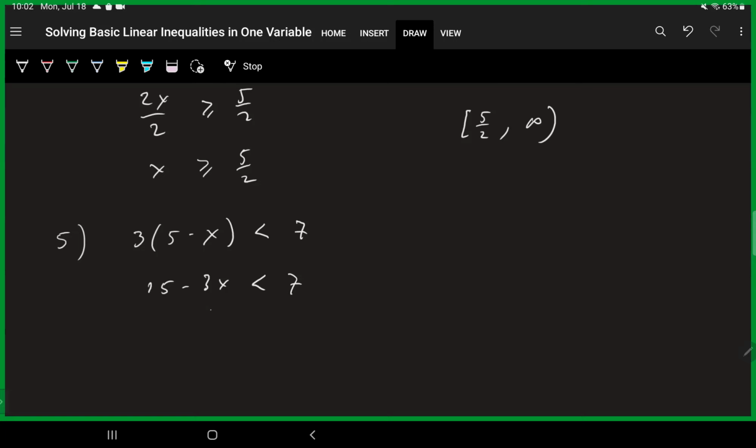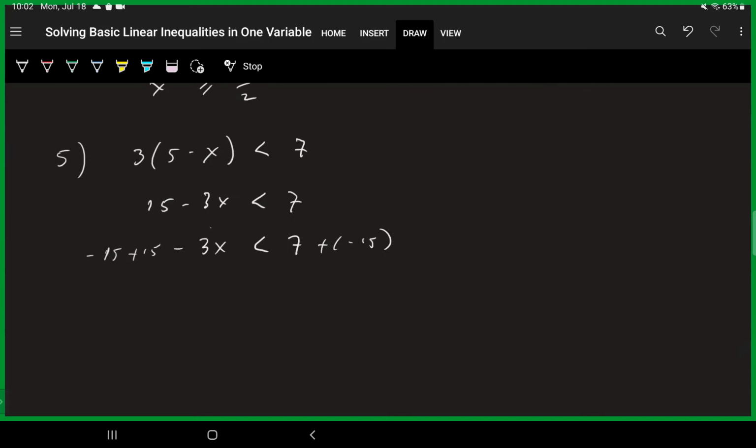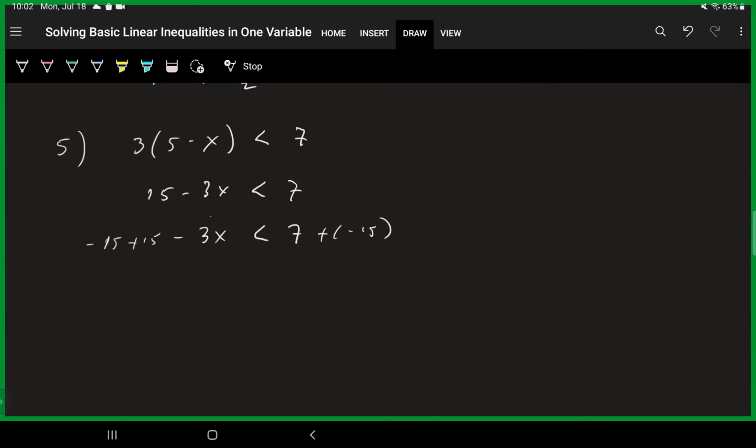So let's add negative 15 to both sides. And another reason why I like the addition of a negative is addition commutes, and I can really put that wherever I want. As long as I'm adding negative 15 to both sides, it doesn't matter where it shows up, to the left of everything or the right of everything, because again, addition commutes. So the 15 and negative 15 cancel out.